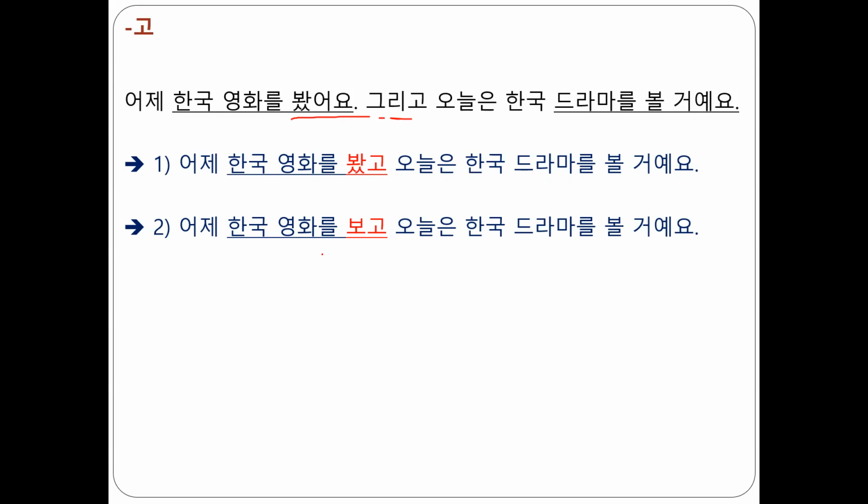Okay, I will say this one only is correct. Why? Let's see. This one, the first clause is talking about a past event, and the second clause is talking about today's plan, future tense. So this is different. In this case, you have to indicate tense with the 고 structure. Add tense to the 고 structure. This is not correct. When you use the present tense structure, the tense of this one and the tense of this one must be the same.